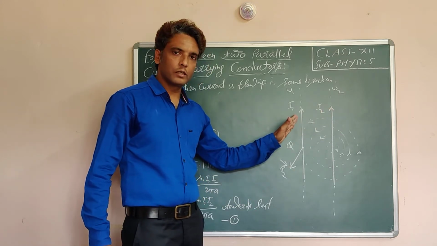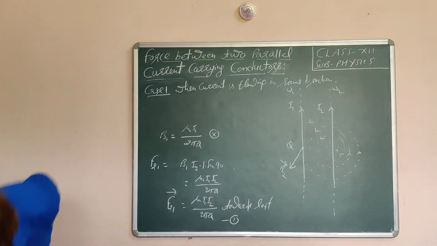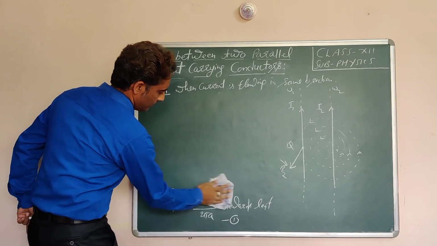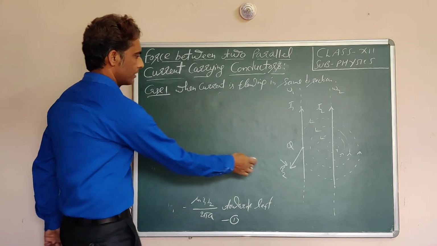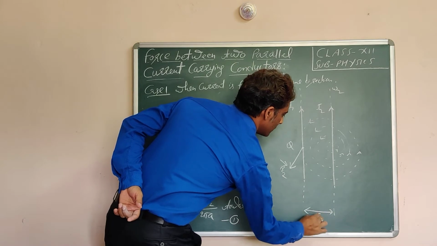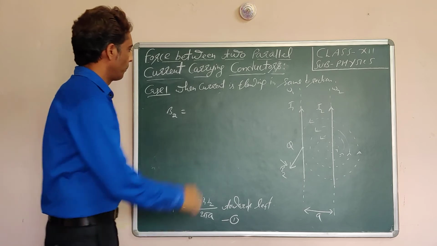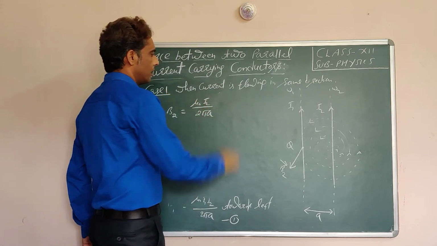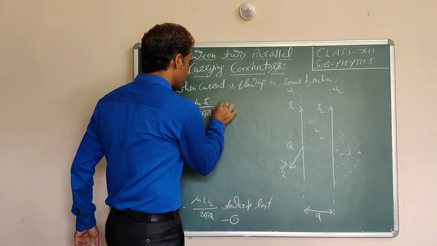So this conductor will experience force. First we write the magnitude of this magnetic field. Then again the separation is A. So B2 is equal to mu naught I2 over 2 pi A, and